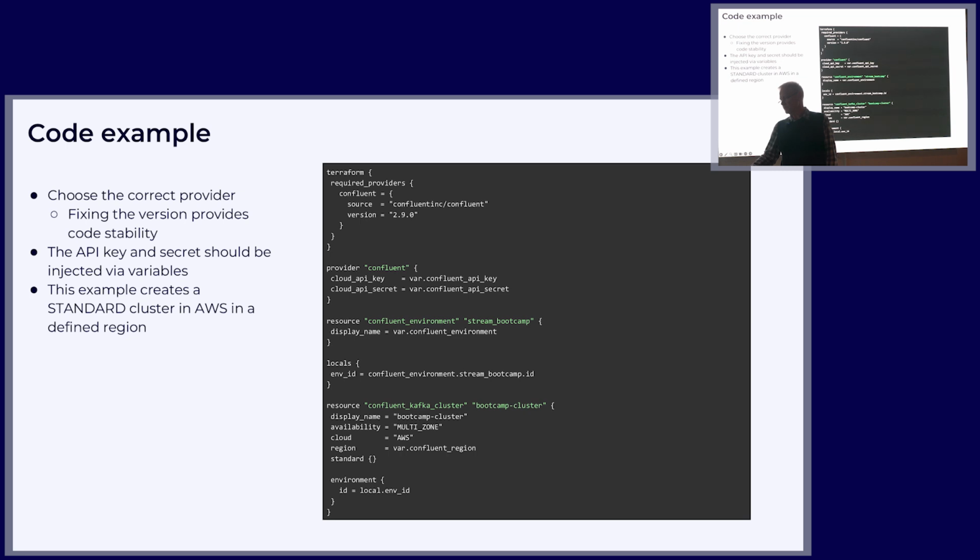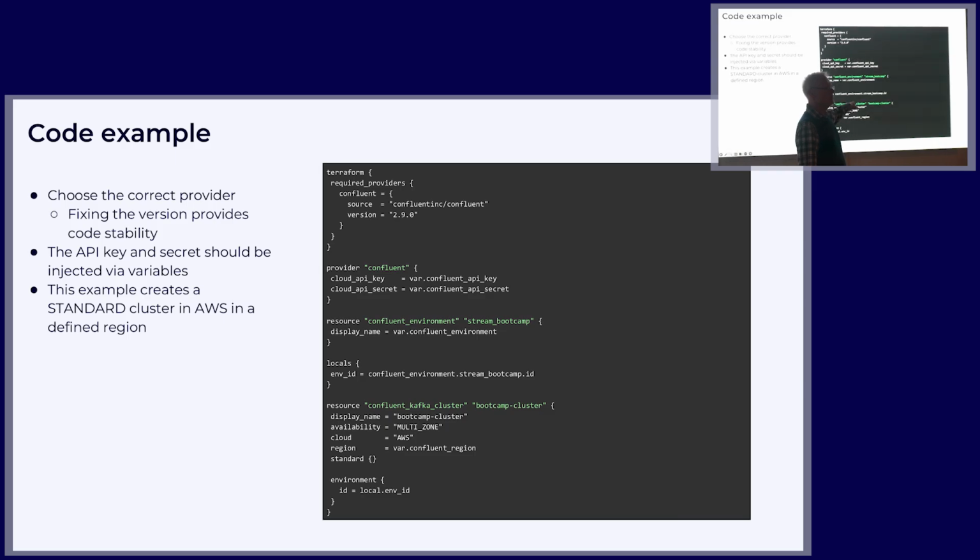All right, a core example of what this looks like. So you know HCL or HCL2, this is the HashiCorp Configuration Language in which Terraform code is written, which is a godsend if you deal with YAML a lot of times. So I declare the Confluent provider. This is actually the latest version, 2.9.0, checked this morning. I need to identify myself somehow with an API key and API secret. Then I'll spin up an environment, and then I'll spin up a cluster. And it's there. That's all I need. It's very simple. The only thing you need to inject into here is the API key.